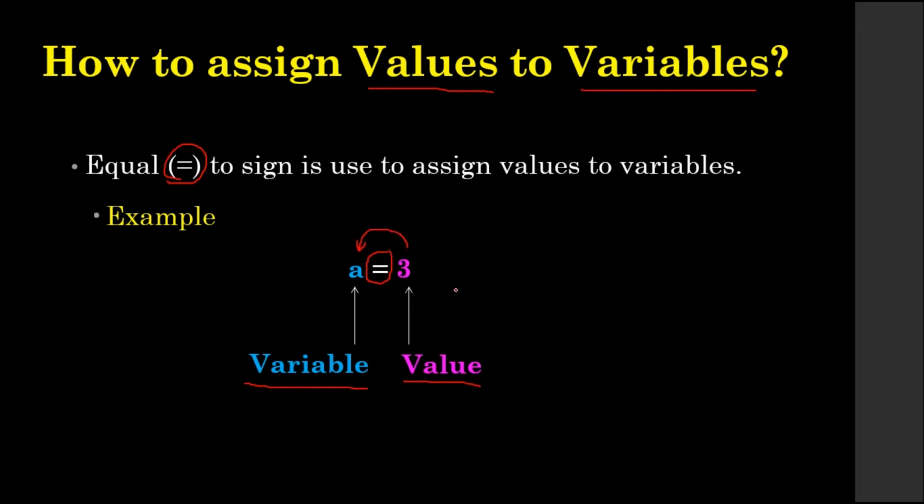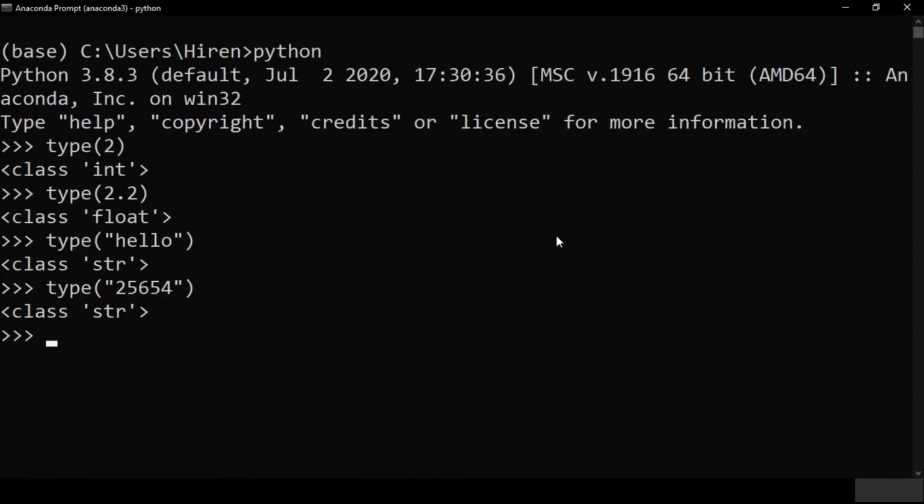So this is how you can simply assign any value to a variable. Let's check in our Anaconda prompt how we can assign different values to variables. Let's say I am giving a equal to 3, then b equal to 4, and let's take another variable c that is equal to a plus b, and let's check the value. Now let's print the value of c. It says that we have the value 7. So this is how you can assign a value to variables.